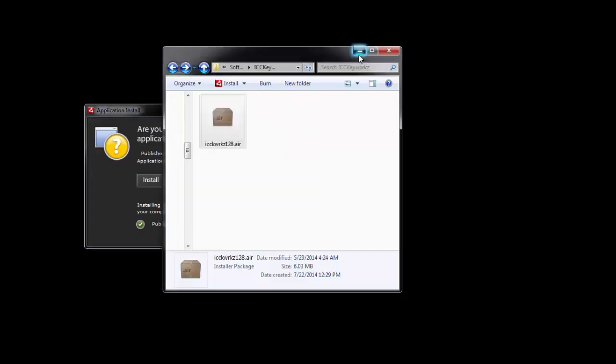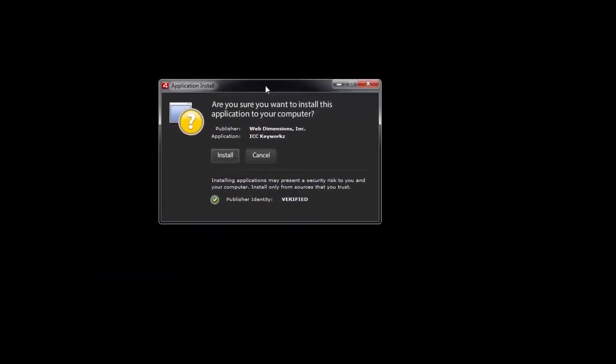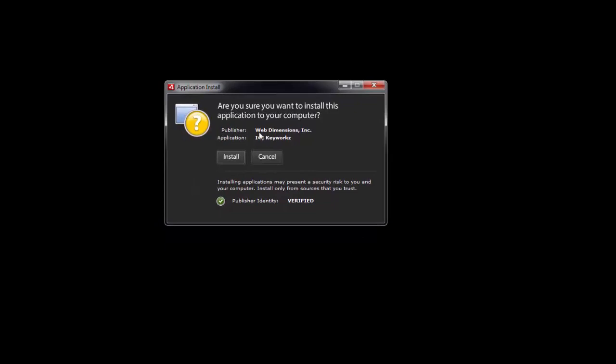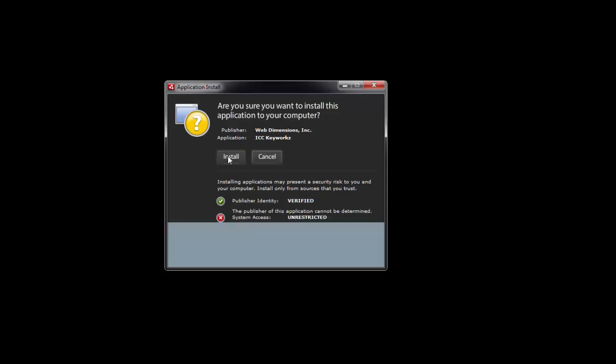And you'll see it has all the information of the software included, including the name of our company, the application name, and it's verified by our secure certificate, so you know whose code you're installing, and it's ours, Web Dimension. So just go ahead and install that